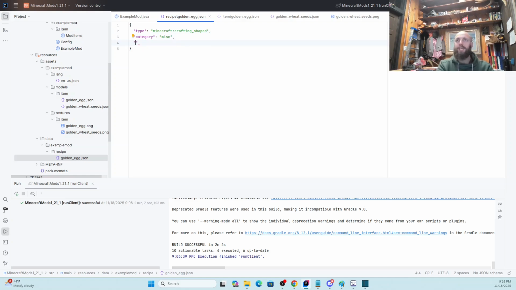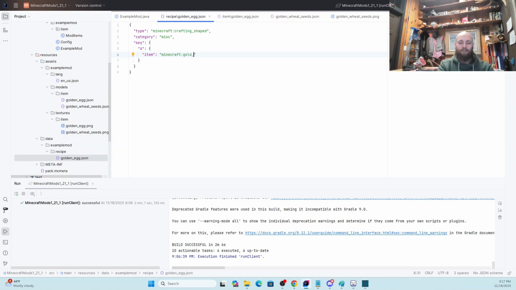Then we're going to need some keys. Our key is going to itself be another little list, and that little list is going to be made of a letter or a character or whatever. It doesn't have to be a letter, but it has to be some character that you're going to put into the crafting pattern here. And my first item, A, is going to be more curly braces. In here, we're going to have an item that goes in our keyhole for A, and mine is going to be a Minecraft